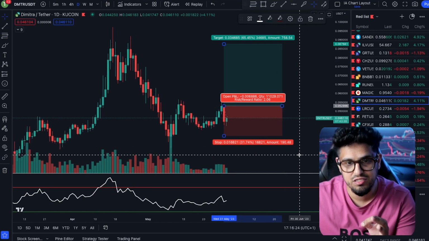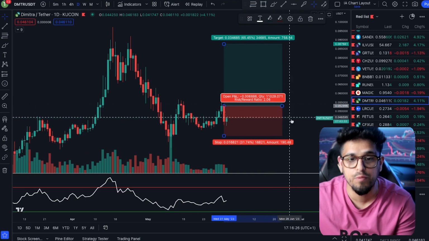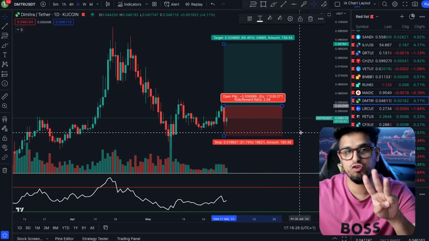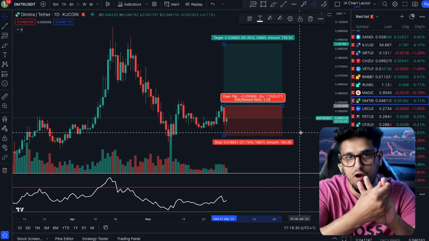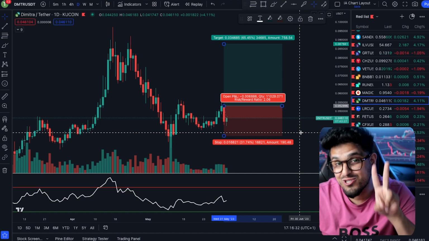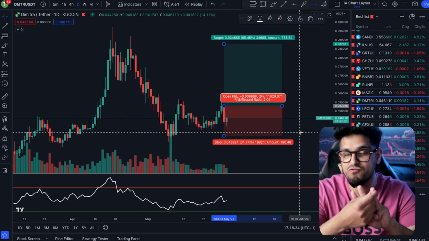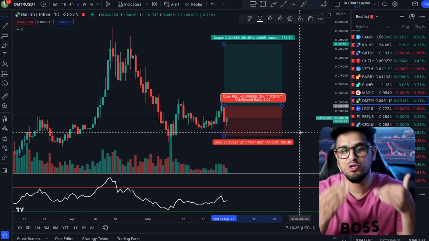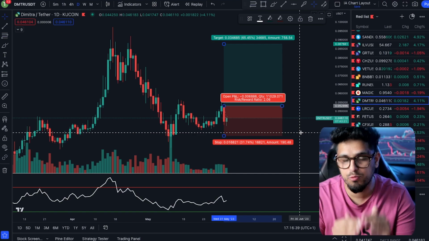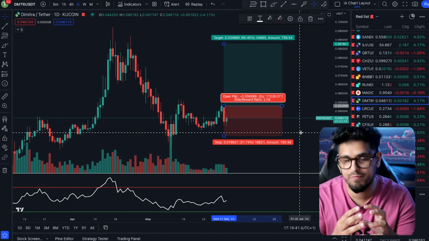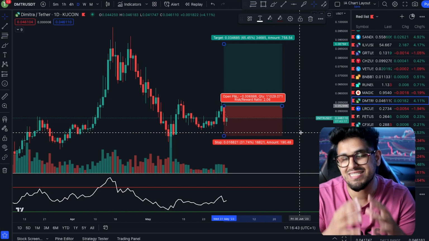In other words, if you have a risk to reward of 2, in the next 3 trades, if you got 2 wrong and one right, you break even. You've got 2 trades wrong, 1 right, but you still break even. So you can see how just by getting your risk to reward dialed in, staying disciplined about your risk to reward ratio, you can stack the cards in your favor.